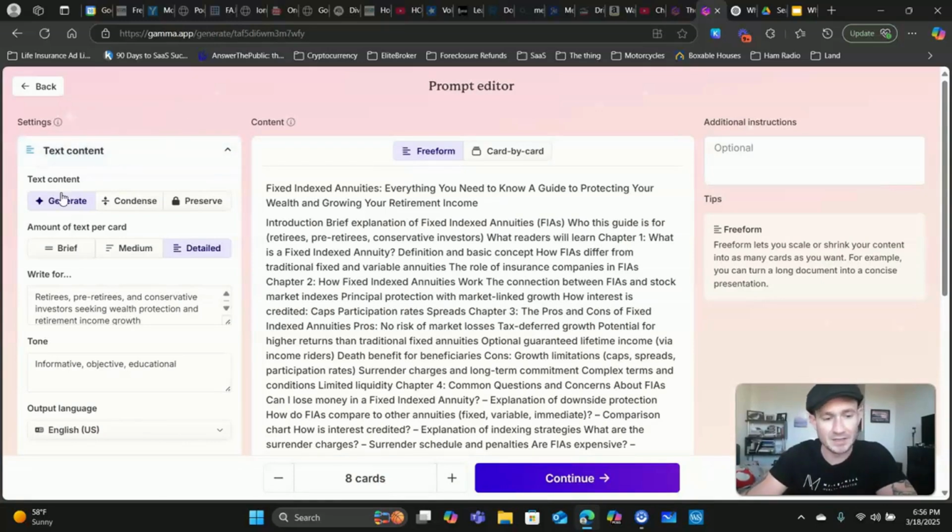So text content, if we want it to really create the guide for us, then we're going to leave it on generate. But let's say, for example, you've already put together a guide, but maybe it's not organized. Maybe it just doesn't flow very well. It needs a better format, whatever. But let's say it's really good information, right? You can copy that, put it into Gamma AI, and you can either condense it or preserve it,